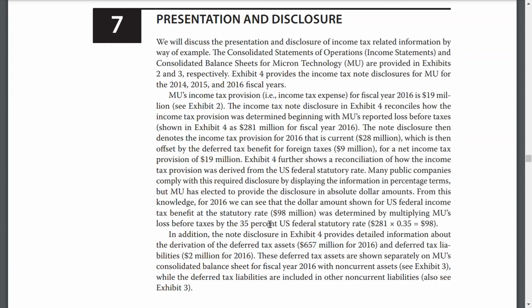The notes show the income tax provisions for 2016 that is current, which is then offset by the deferred tax benefit for foreign taxes for a net income tax provision of $19 million. Exhibit 4 further shows a reconciliation of how the income tax provision was derived from the U.S. federal statutory rate. Many public companies meet the required disclosure by displaying the information in percentage terms. In addition, the notes disclosure in Exhibit 4 provides detailed information about the derivation of the deferred tax